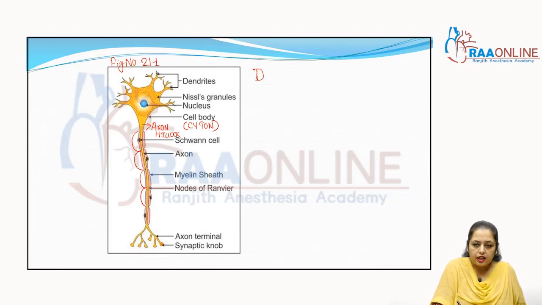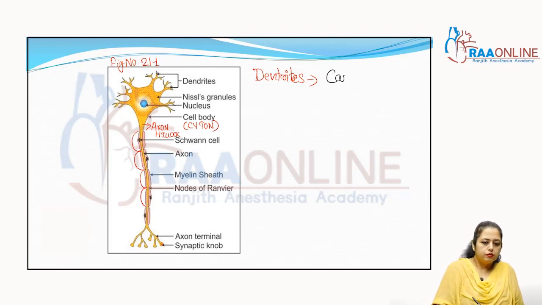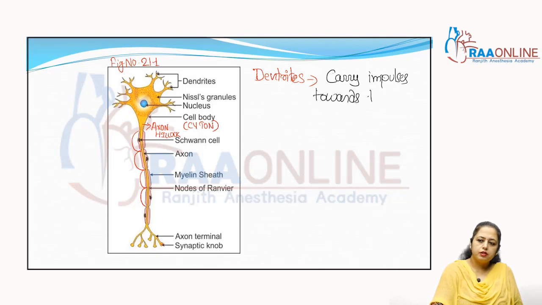So these are the dendrites actually. These are the dendrites, and what is the function of the dendrite? It carries impulses towards the cyton, right? And when we talk about the axon,